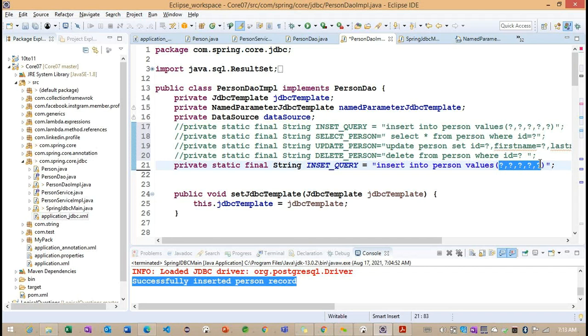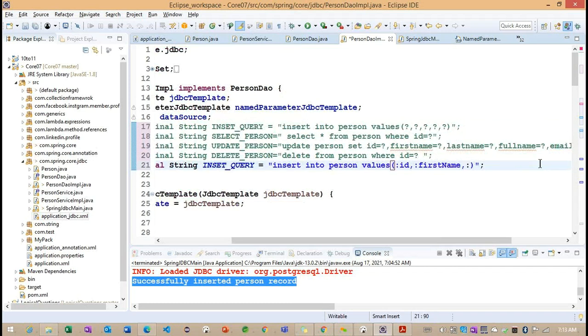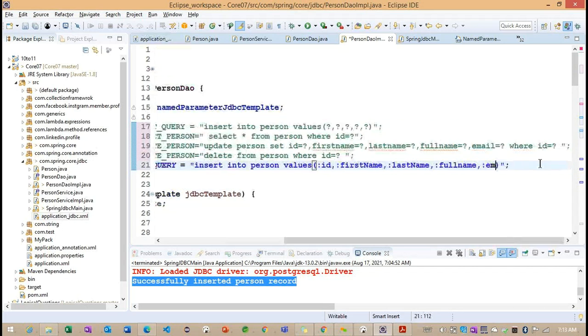So: insert into person. The first one we are having is ID, the second one first name, the third one last name, the fourth one full name, and finally email.